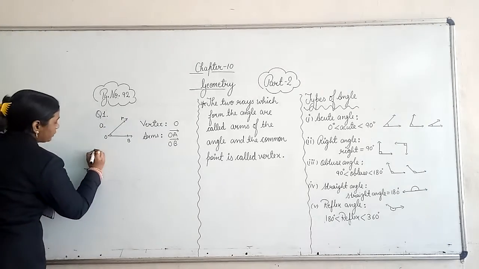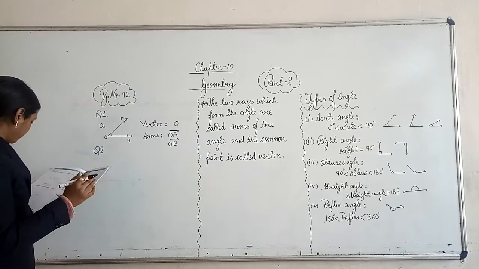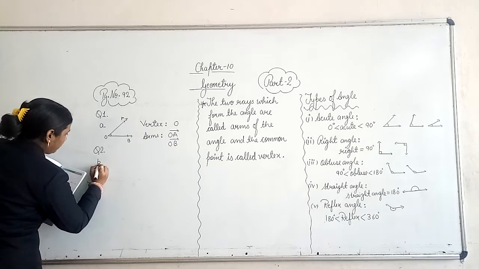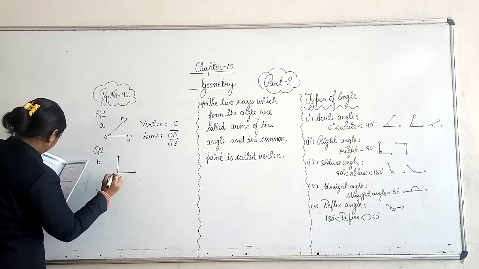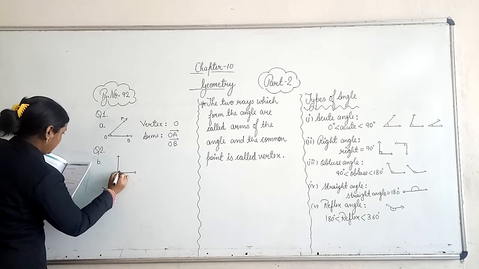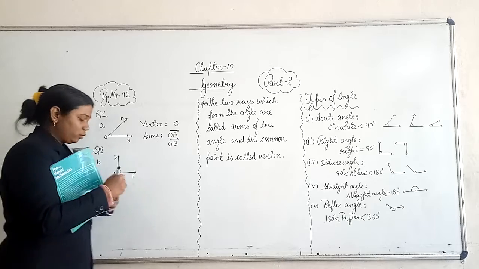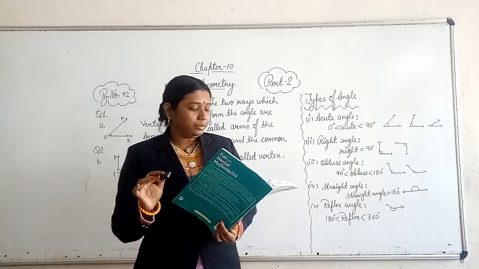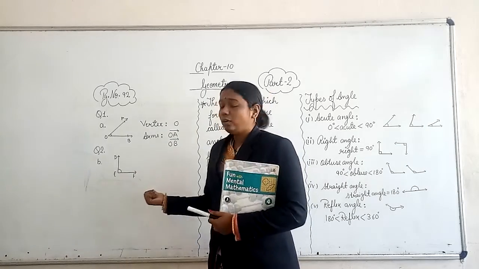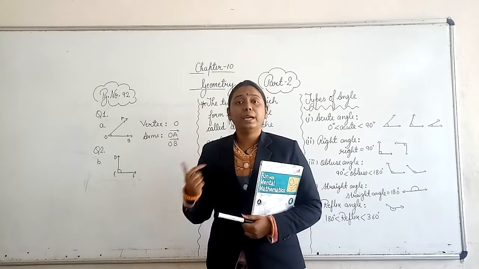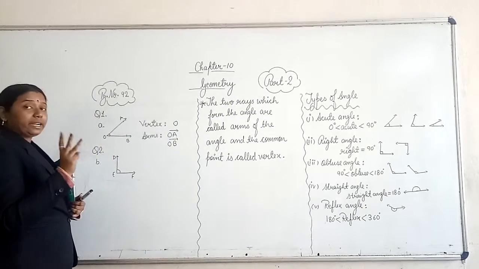Let us now discuss question number 2. Okay, question number 2, here I am telling you it's B part. Let me draw the figure first. Here this is the angle. It is written E. Here it is D and here it is F. Now the question is, name the angles in the following figures. So now we are going to discuss how to write the name of the angle. There are 3 ways in which you can write the name.